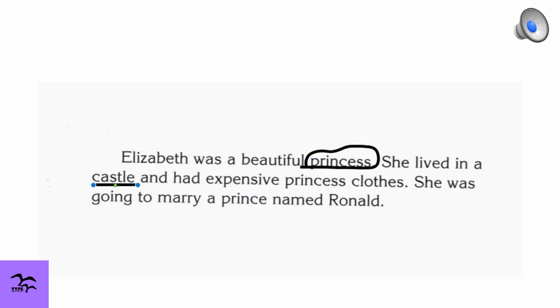For example, Elizabeth the princess lived in a castle, and she had expensive princess clothes. So from just this part, we can already see a few elements from the fantasy fiction being applied to this